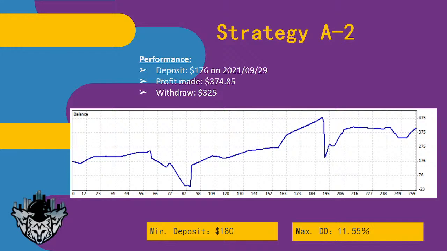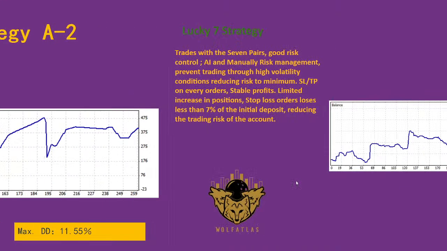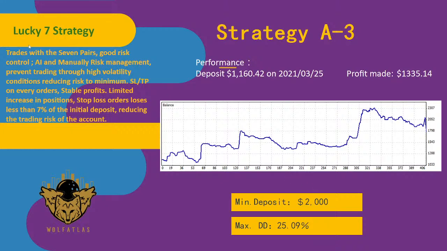Yes. All right then. So as traders and investors can see here, from top to bottom, you have strategy A2. That's the name of the strategy. And then you see performance. So you see the deposit date, profit made so far, and if any withdrawals. Yes. Now, on some of these explainers, the traders will be very kind and give us an explainer, which is cool. Yeah. Now, all of them will always have what you just mentioned, right?